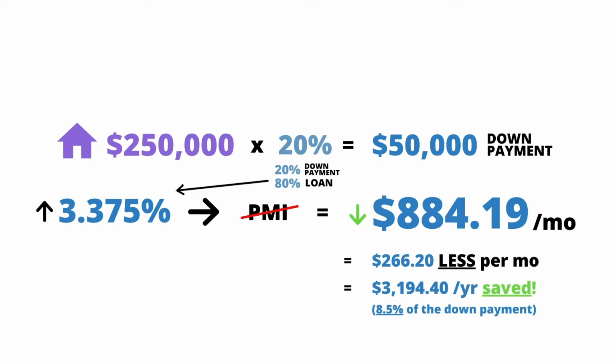A quick look at these numbers would tell us that the monthly savings generated by the additional upfront investment would yield you a return of approximately 8.5%, which is pretty significant for a risk-free return. You may be hard-pressed to find anywhere else that you could put your money to get a guaranteed return of 8.5%. However, something to keep in mind is that the equity tied up in your home is a somewhat illiquid